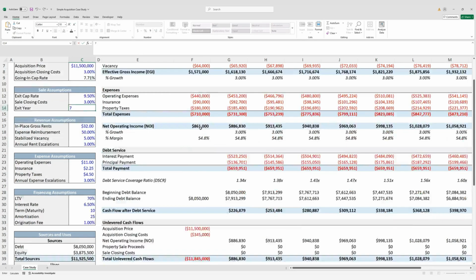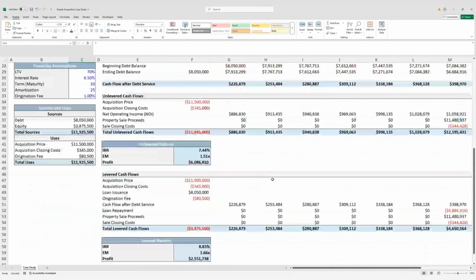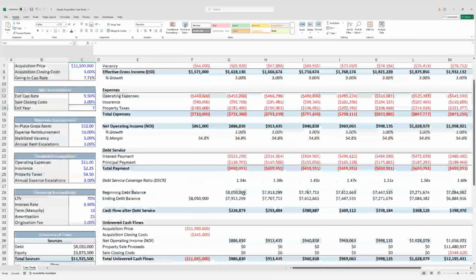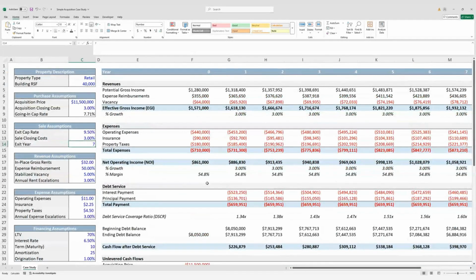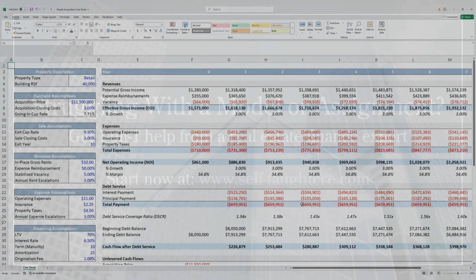We have all of our assumptions here correctly formatted in blue text. And if we change any one of these blue text cells, such as the exit year to year 7, for example,